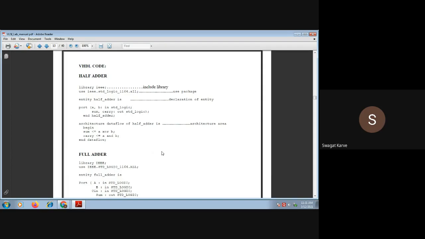First you should mention the library part, then the entity part, and finally the architecture part. This is a fixed structure of any VHDL code, and we should stick with this.